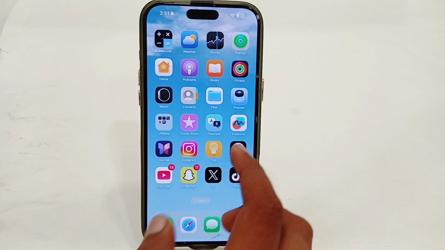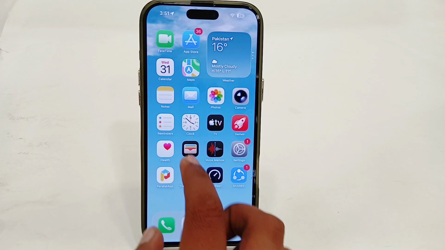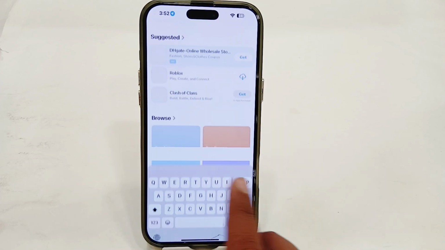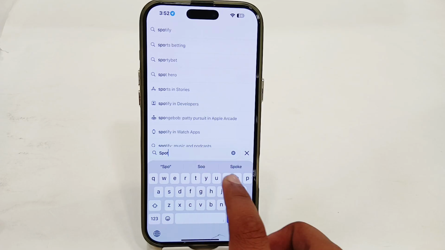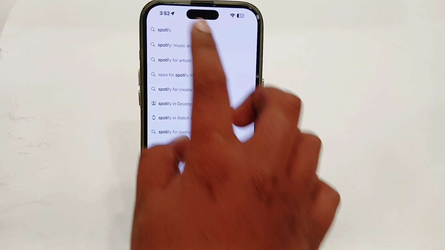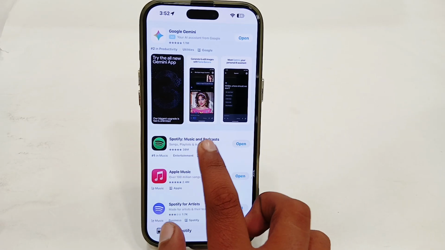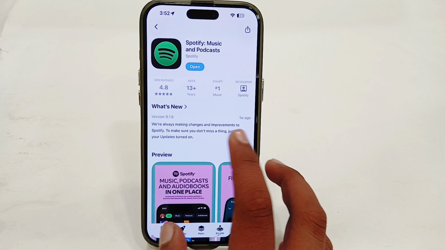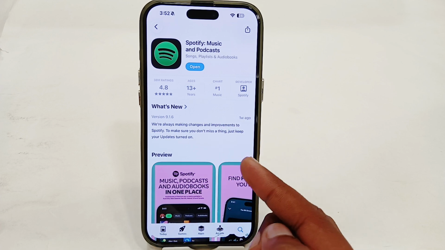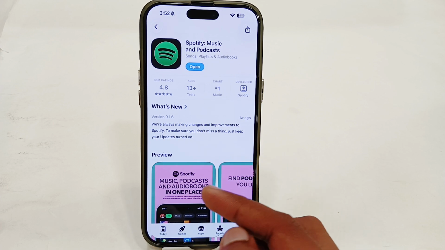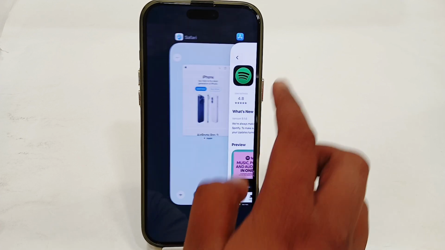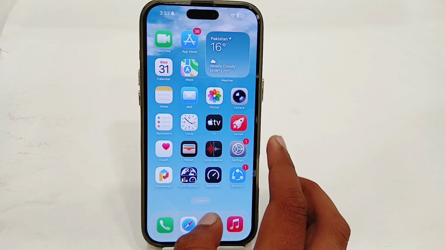So the very first thing, you just have to open your App Store or Play Store. Here go for search and search for Spotify. You just have to make sure that your Spotify app is up to date. There's no pending update for your Spotify app. If you find one, just try to update your app. After updating, you have to simply go back and retry to check if your issue has been